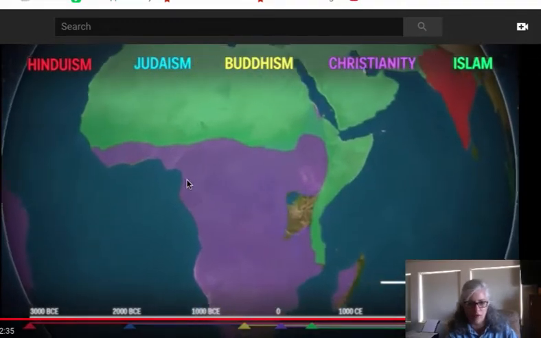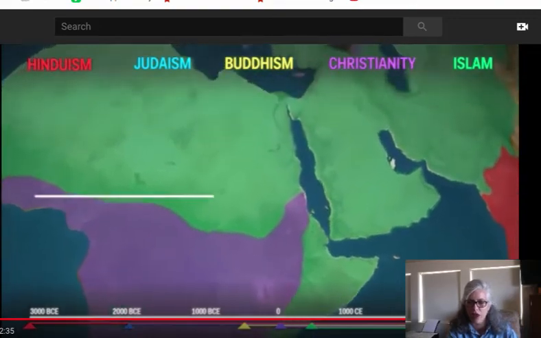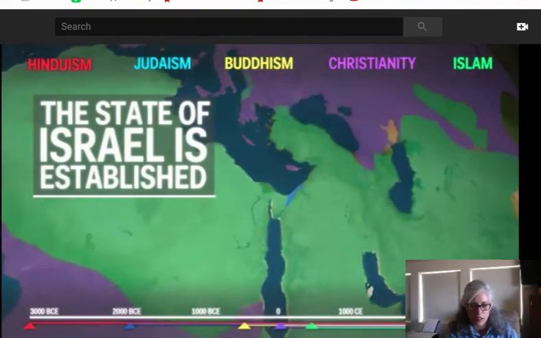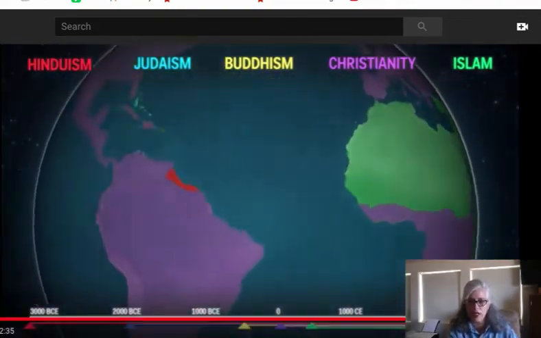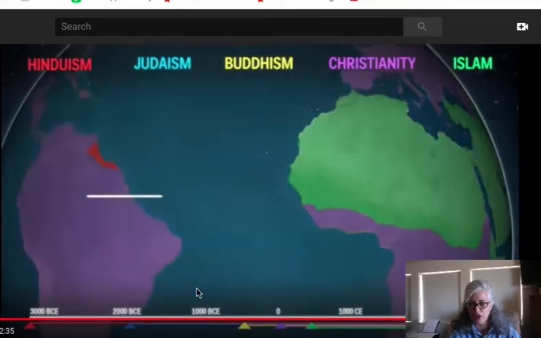Here's the partition of Africa, where you see Islam to the north and Christianity to the south. A lot of religious syncretism occurs in Africa. Let me stop it really quick right there. We're almost to the year 2000 on this map, but I want to make sure that we see